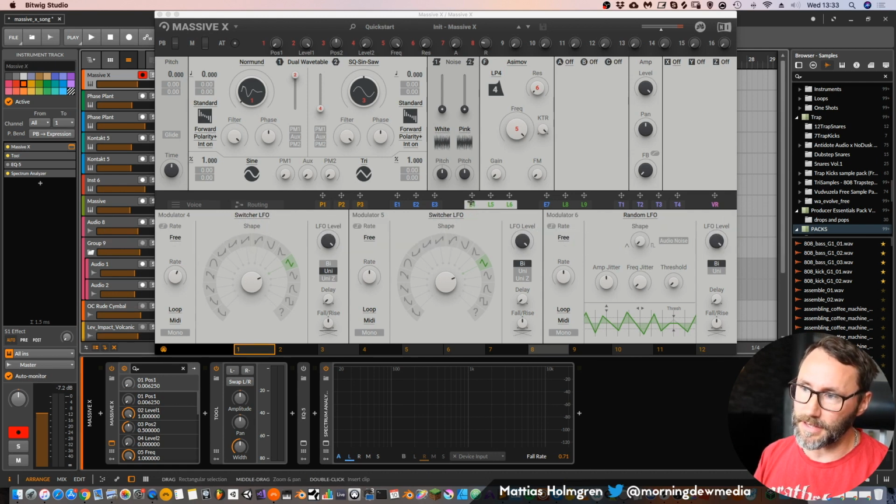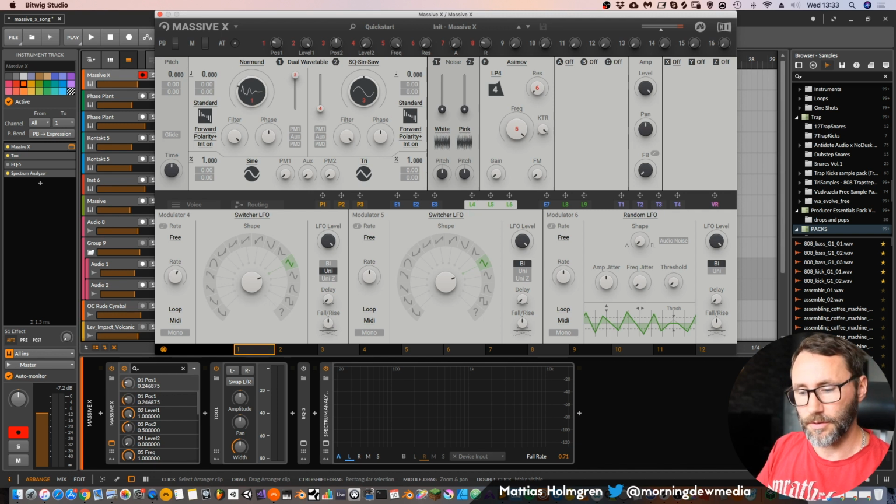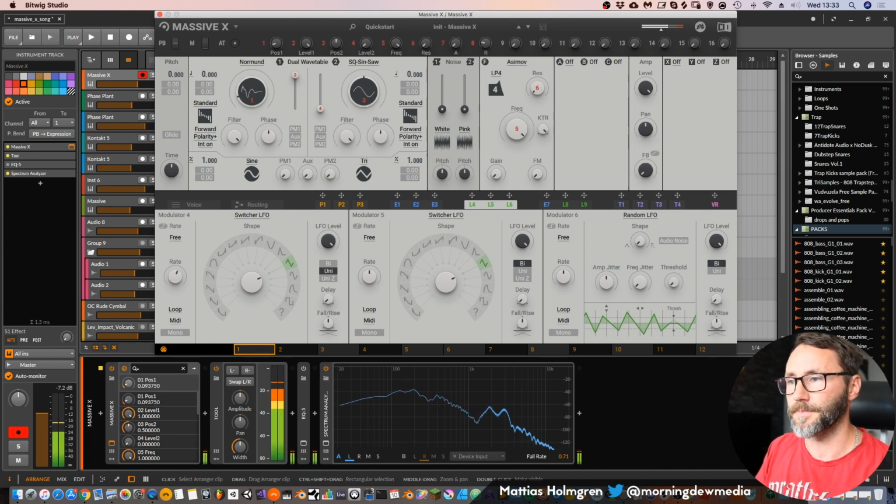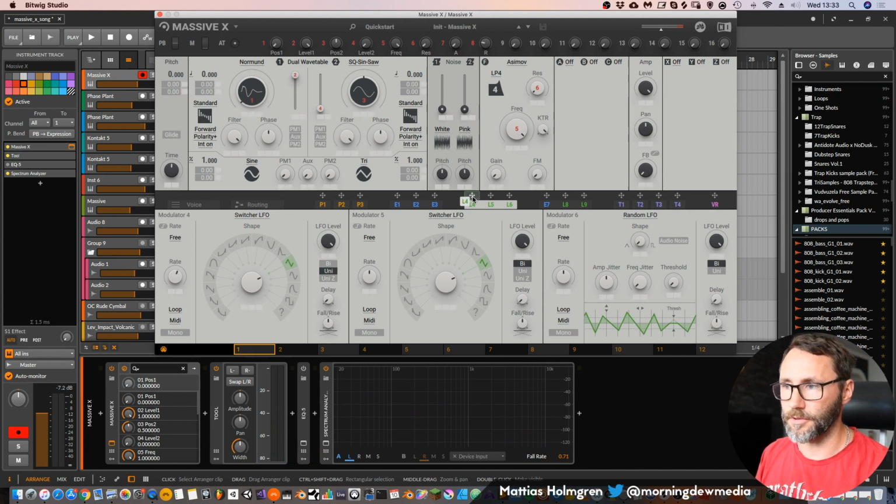Okay, so if we take this LFO4 and we want to modulate the wave scanning or the wavetable position of this first oscillator, you press this modulation source button and these modulation target rectangles appear. But they are very hard to see at the moment. I really think that Native Instruments should make them more visible so we can see the target more visibly.